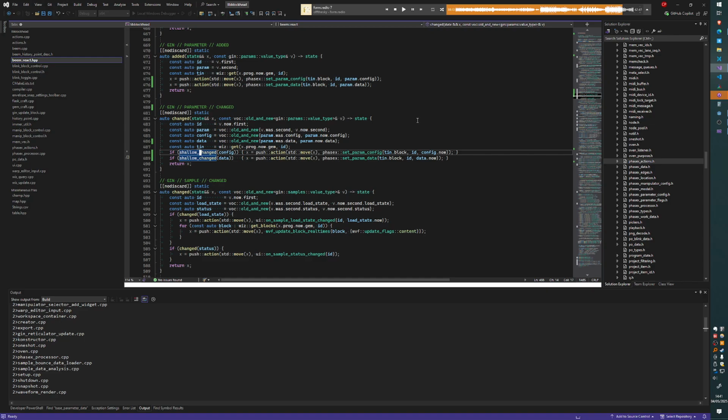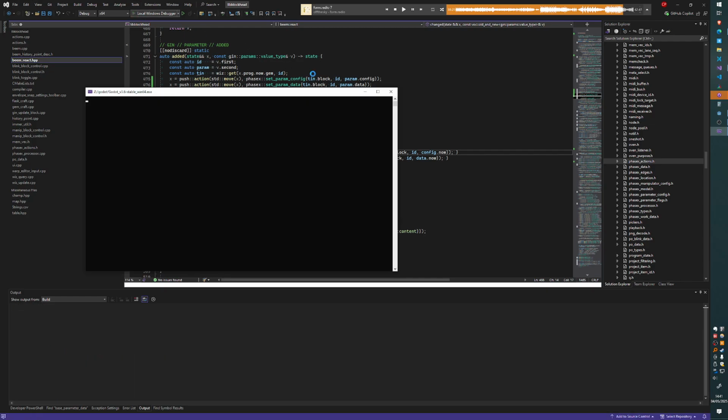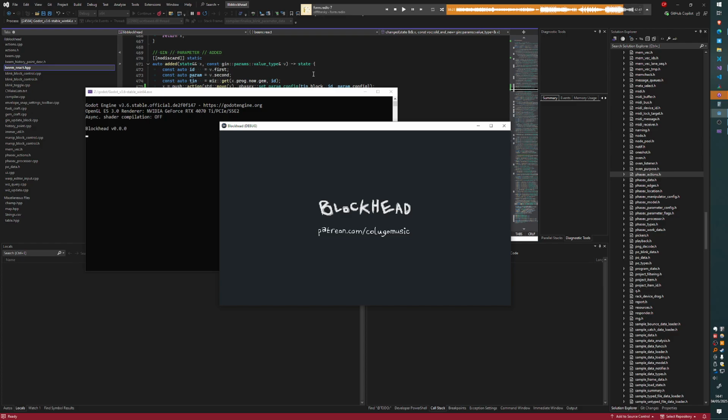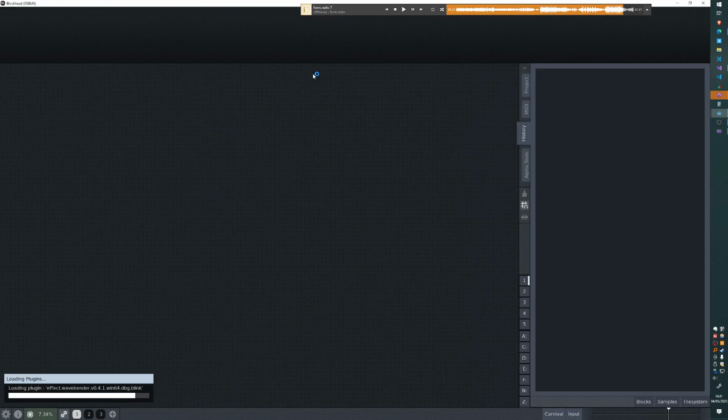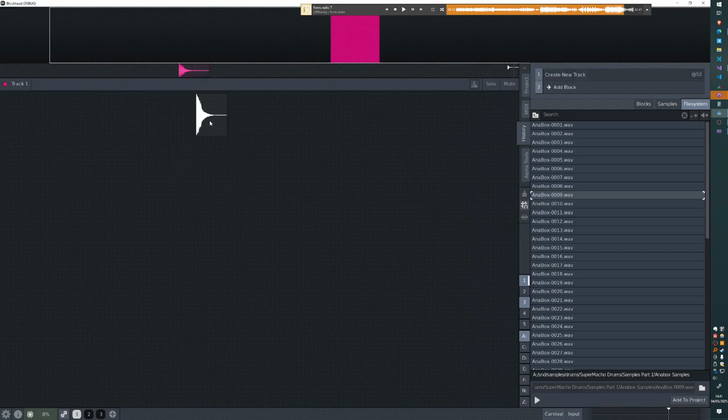For example, you could switch from plugin A to plugin B, and they could both have a pitch parameter, but they specify how the pitch parameter works differently. So I keep all the parameter data, but just change to the specification for the new plugin. I don't know if that makes sense, but